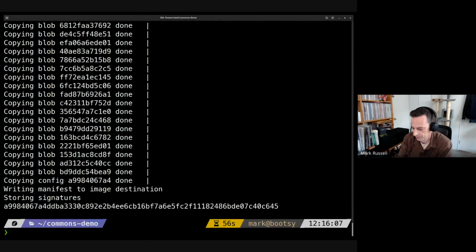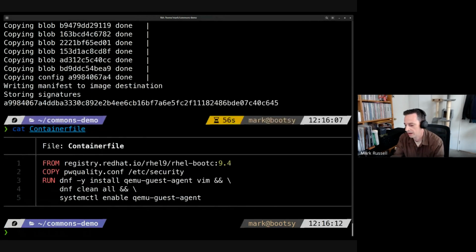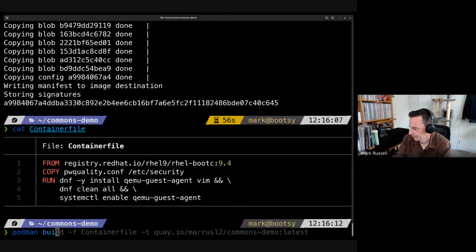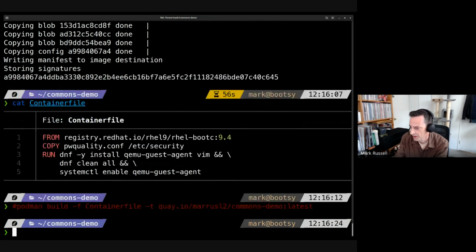All right. So now, like I said, let's look at that container file again, and let's build it. Oops. All right, so I'm pushing it. Oops. Aha. Well, I'm just remembering that I've not logged into Quay yet. So I'm pushing this to Quay, and